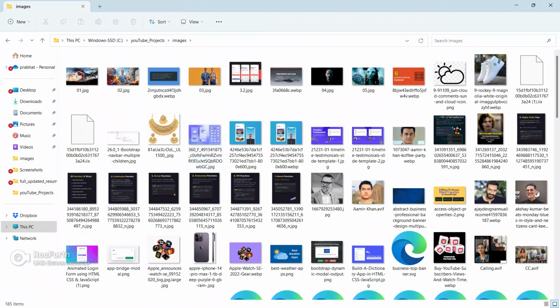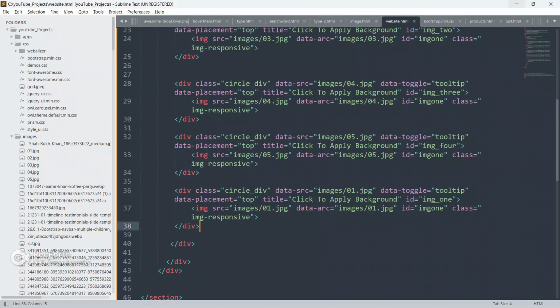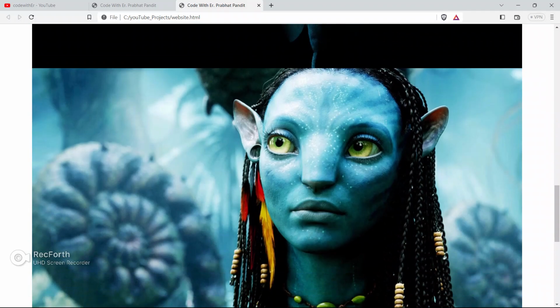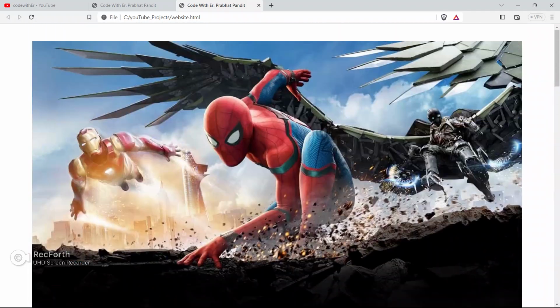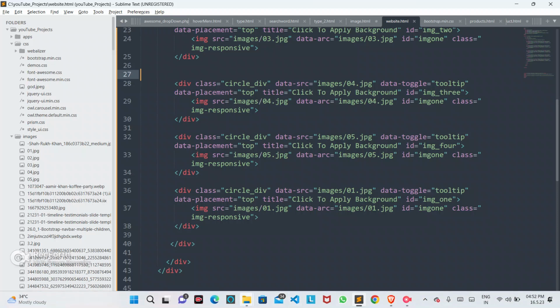Just go to the folder YouTube projects, inside the images. This is the images folder, and inside this folder I have got a lot of images. As of now, just save your code and open this file in the browser. See, as of now we are getting this.